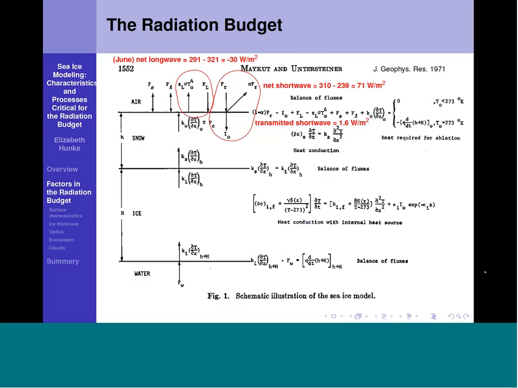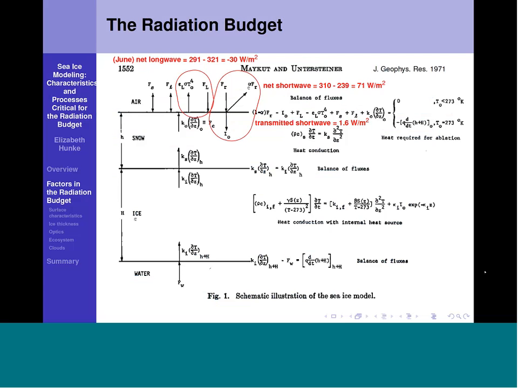Now let's come back to the radiation budget. Here I've circled the 2 major pieces, which are the longwave and the shortwave solar radiation. The numbers here are from Maykut-Untersteiner's paper, and I want to point out that the net flux, adding all of these together, is a relatively small number compared with the magnitude of the fluxes themselves. So the net flux is about 40 watts per square meter, while the individual fluxes are more like 300 watts per square meter. The albedo is alpha